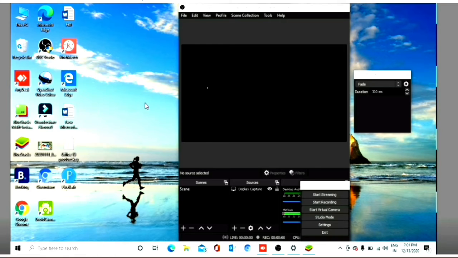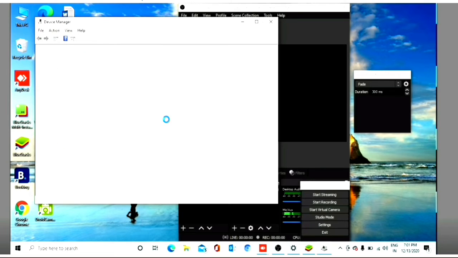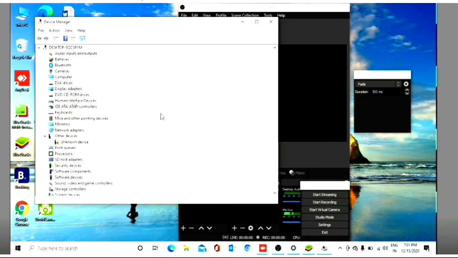First, we will go to the start button and do right click, and we can select device manager here. You can see the screen open here, and on this we will go and check display adapter, and you can find two options here.